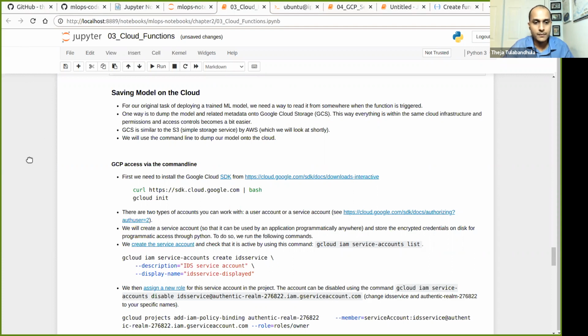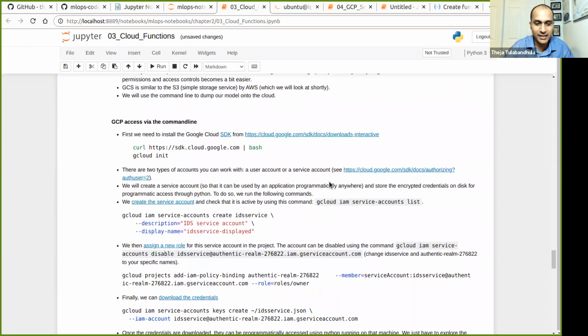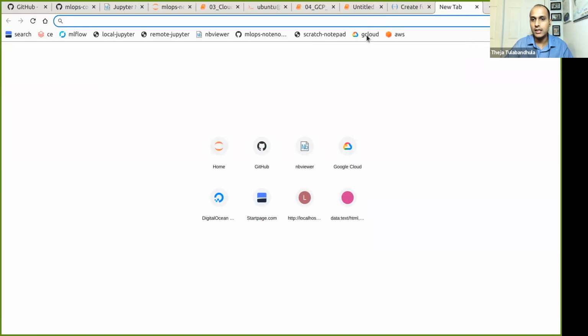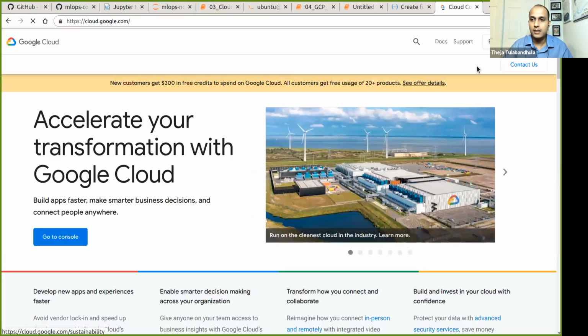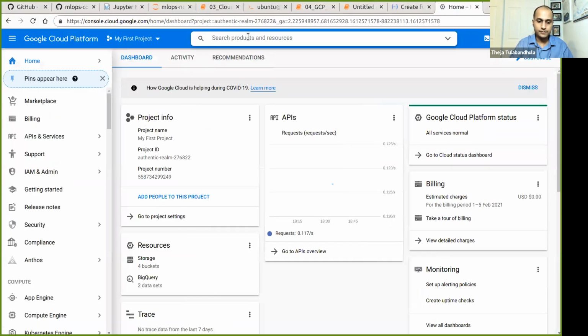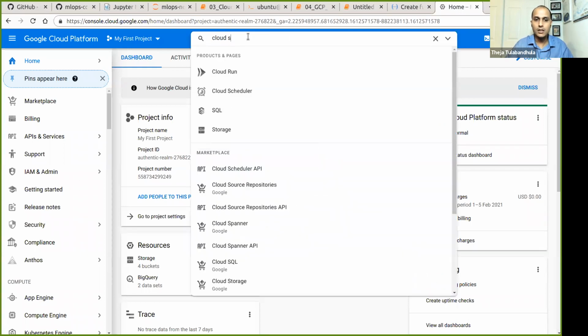But in real time, I'll try to do it using the GUI, at least for putting the model file directly over there. So let me go to Google Cloud and go to storage.